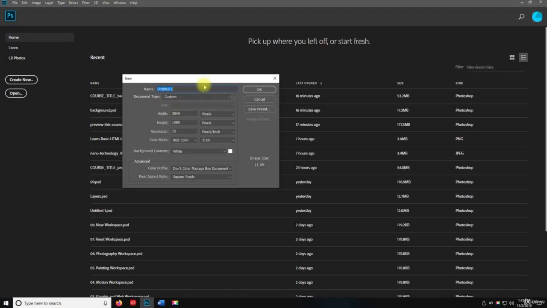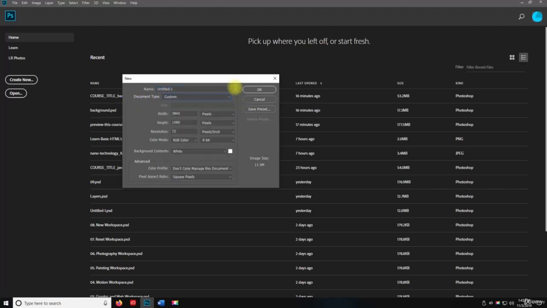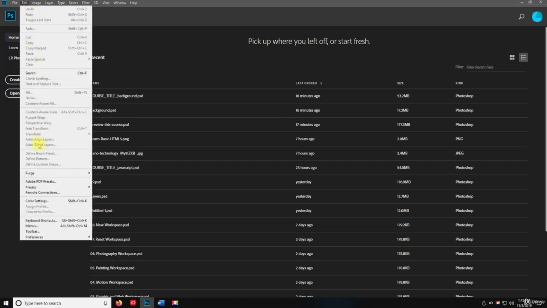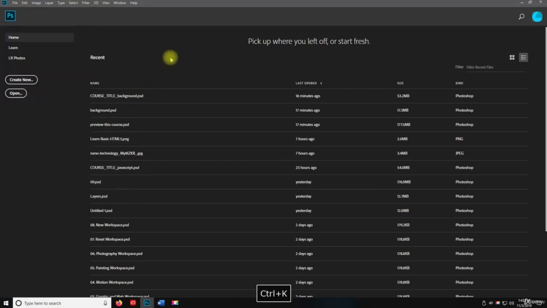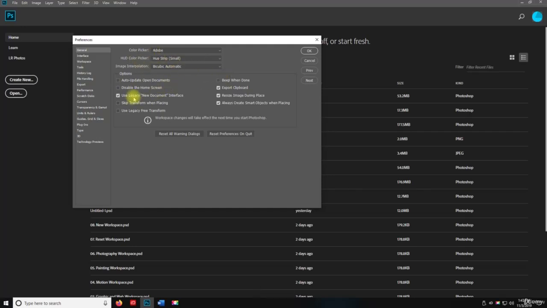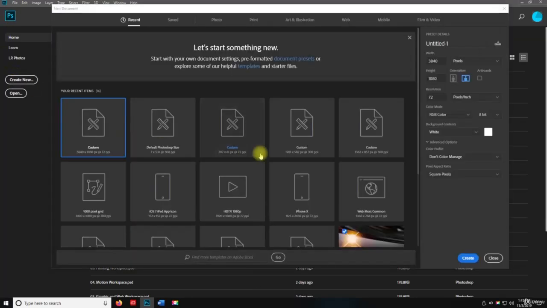because it's easier when you're trying to teach people how to do presets. This is kind of hard to explain to people because there's no visual aid. When I click on this, I see web, I see mobile app design. But when I go back to Edit and Preferences, and you can also use Control K, which I'm going to do right now, and turn this off and hit OK and create new,